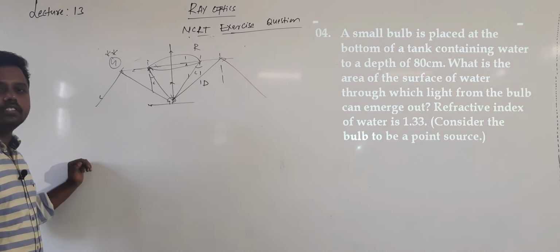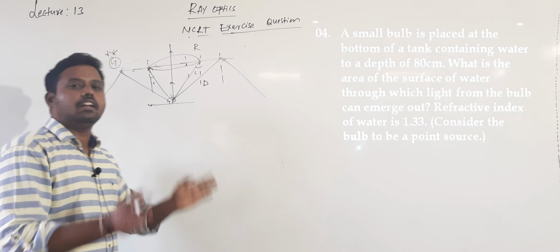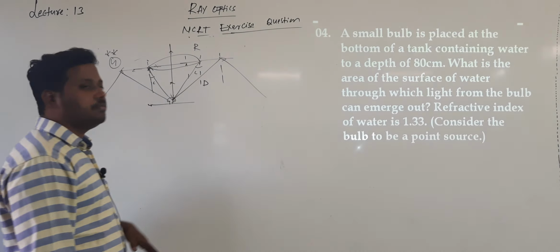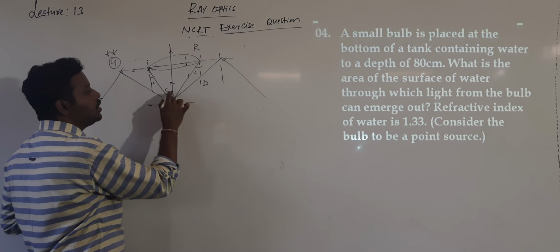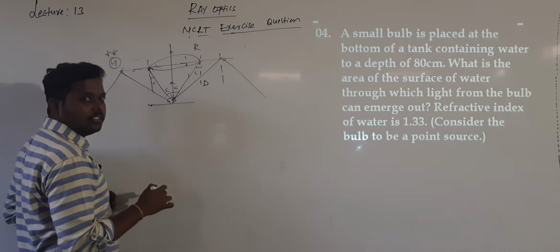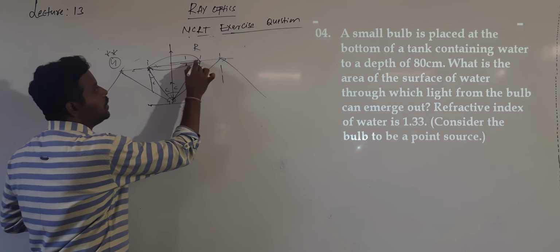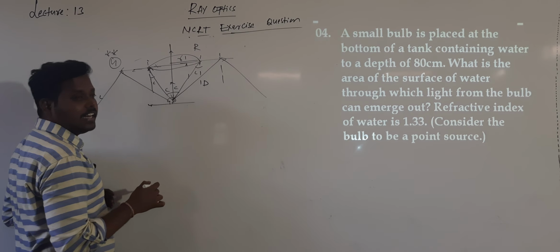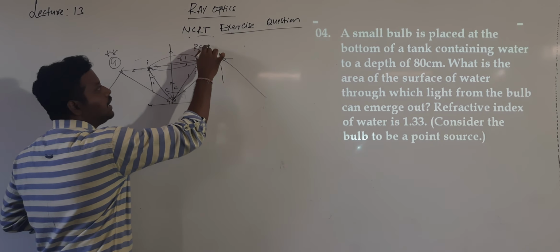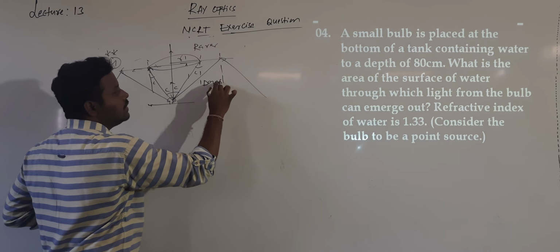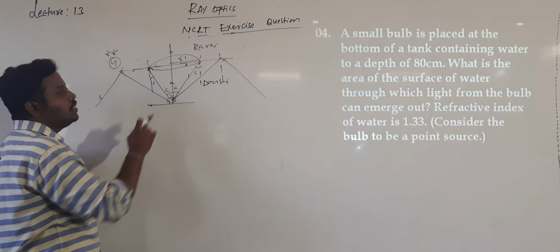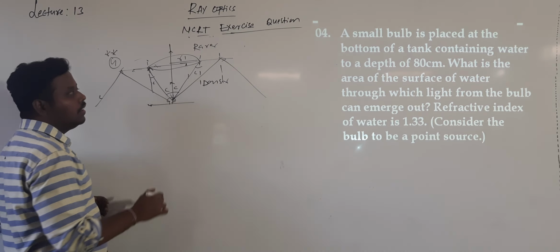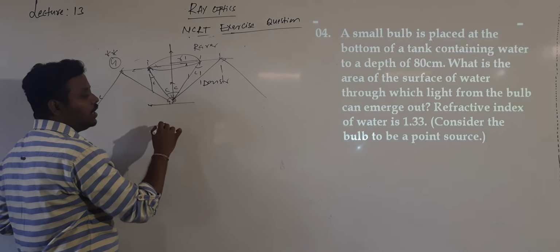Are you getting this concept? The light rays can enter only through that circular cross section. It looks like a cone. If this angle is C, this is also equal to C, as alternate angles. If I call the radius R, this is my rarer medium and this is the denser medium. So this value will be equal to R. Why these angles are equal, understood now?